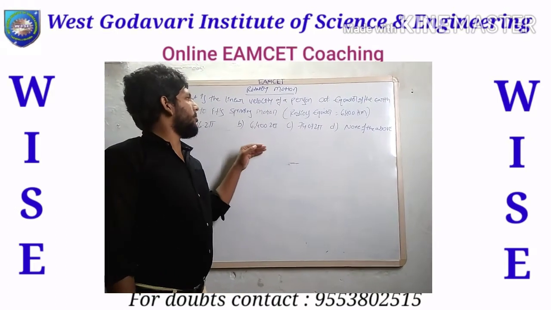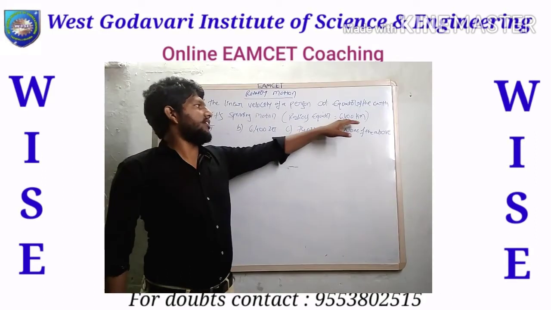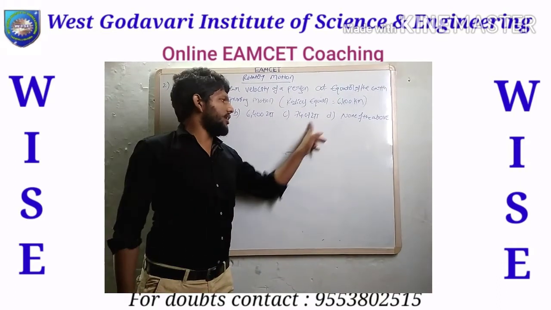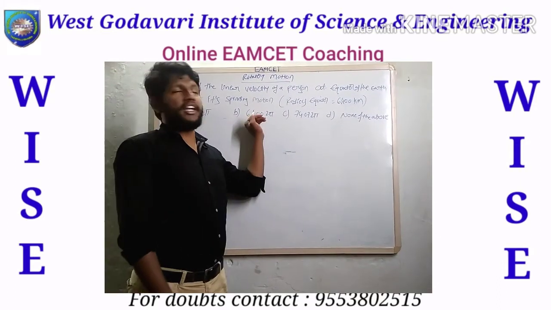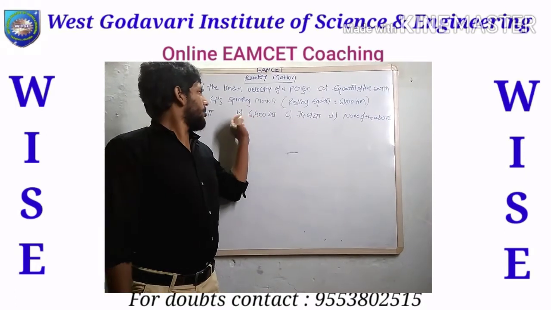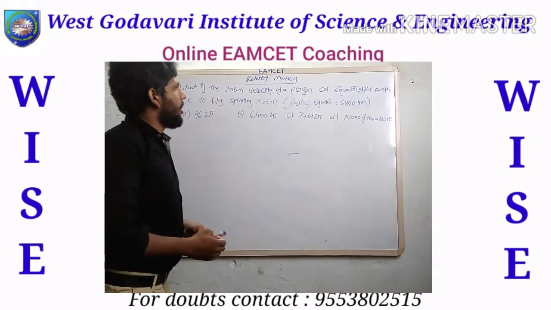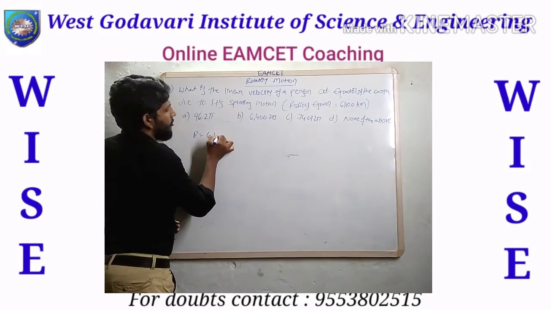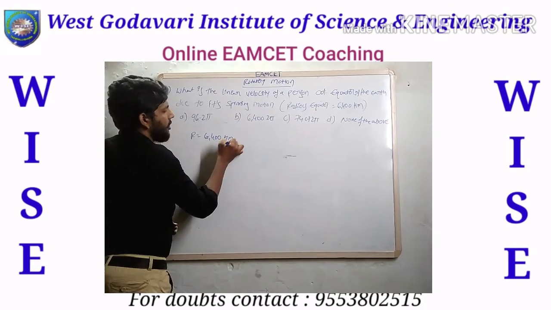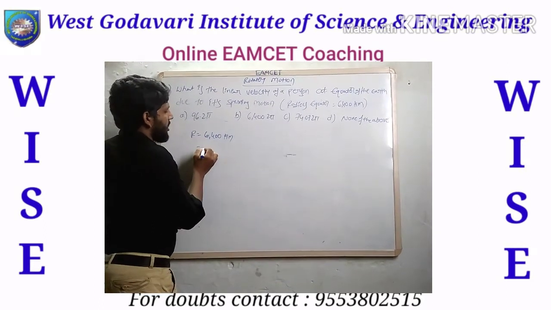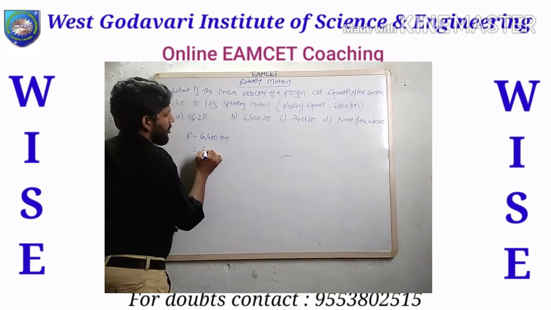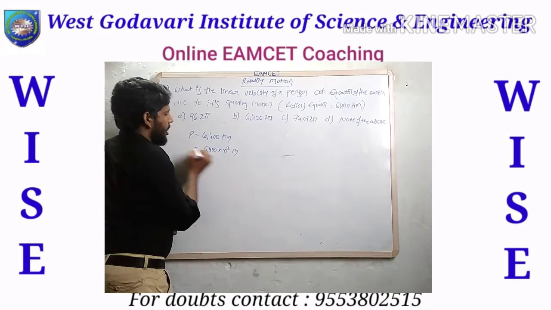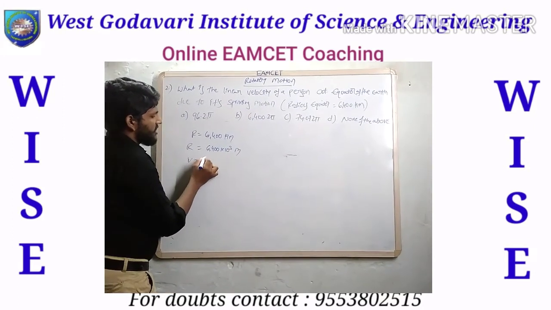The majority of the persons selected 6,400 as the distance, and the velocity is also the same, maybe since the earth's radius is times 2 pi. So the majority, without calculations, put option B. But we need to calculate. What is the given data here? R equal to 6,400 kilometers. Okay, so if you want to convert it to meters, R is 6,400 into 10 cube meters, and we need to find the velocity v.